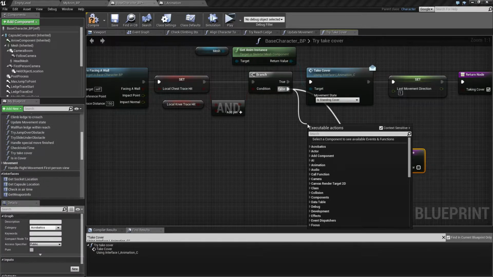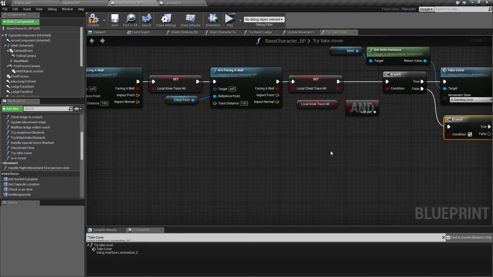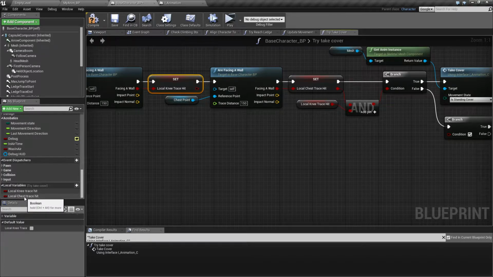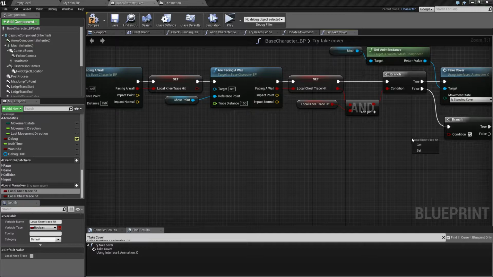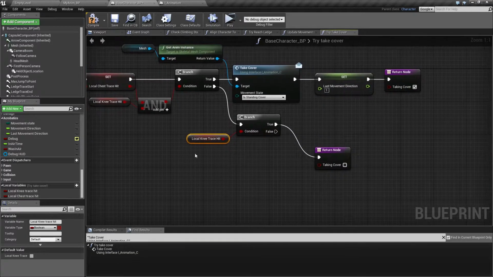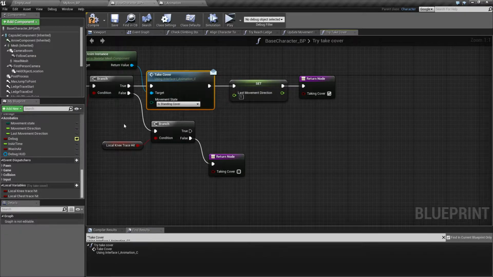So say branch from this one, and say, okay, so if not both of them are true, we want to know the local chest knee, if this one was hitting. We know now that not both of them are hitting, but we want to check, so is the knee trace hitting? And if that does not hit either, then we cannot take cover in any way. But in case this one does, then we can actually